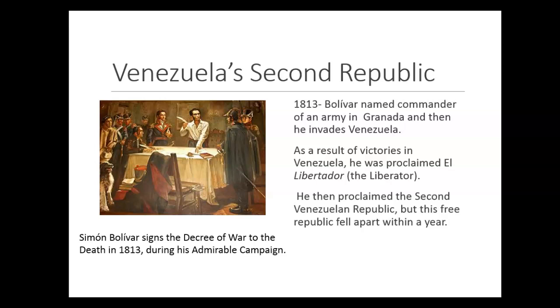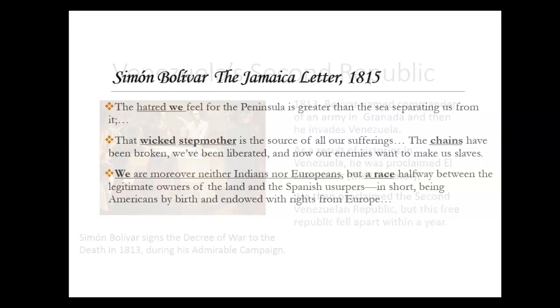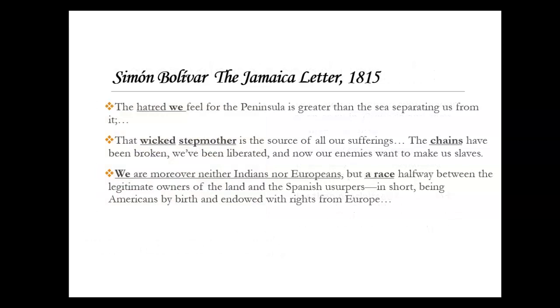The Second Venezuelan Republic fell in mid-1814, and Bolívar once again went into exile as he saw his republic collapse. Most men would have given up at this point, but most men are not Simón Bolívar. Bolívar then fled first to Curaçao, then to Colombia, then to Jamaica. While in Jamaica, Simón Bolívar wrote the Jamaica Letter in 1815. The letter read in part,